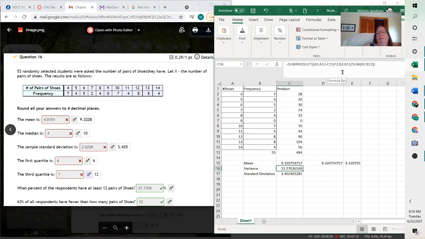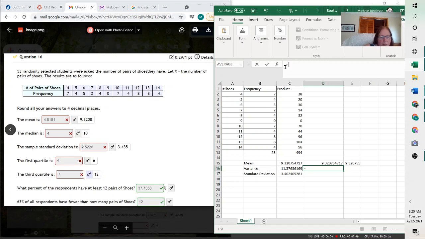And then I'm dividing or multiplying them by the frequency. That's why the comma's there, because it's going to take this, subtract the mean, and square it, just like you did in your columns before. And then it's going to multiply them times this one. Then again, you need to divide by the sum. So to see that formula,